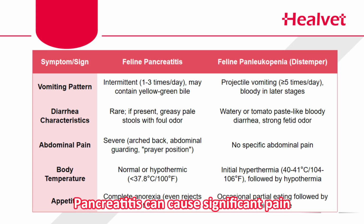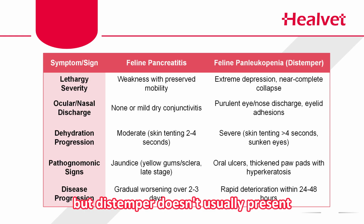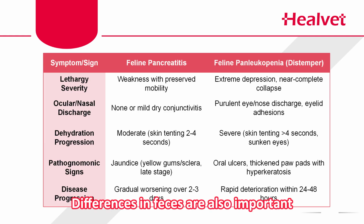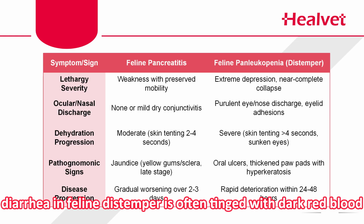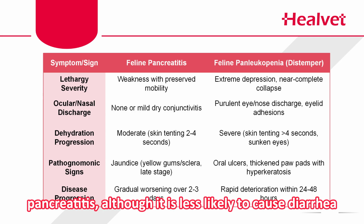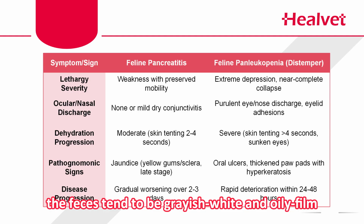Pancreatitis can cause significant pain if the cat's abdomen is gently touched. They may arch their back and duck or purr, but distemper doesn't usually present with this kind of localized pressure. Differences in feces are also important. Diarrhea in feline distemper is often tinged with dark red blood and has a texture similar to diluted ketchup. Pancreatitis, although it is less likely to cause diarrhea, when it does occur, the feces tend to be grayish-white and